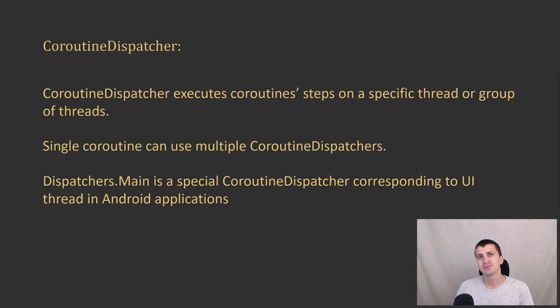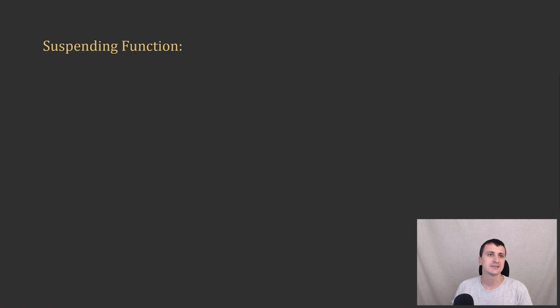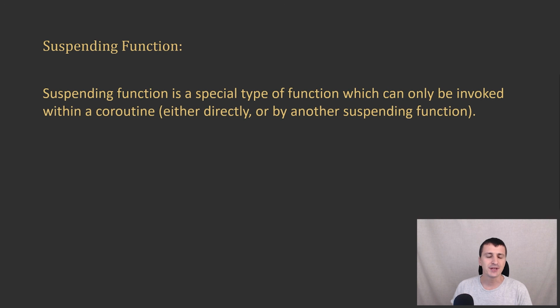The next concept that we touched upon was suspending function. That's actually a very central, a core concept in coroutines framework. So suspending function is a special type of function which can only be invoked within a coroutine. And it means that either we invoke it directly within a coroutine, or that a suspending function will be called by another suspending function. And that's basically the same thing, because if you can launch a suspending function only within